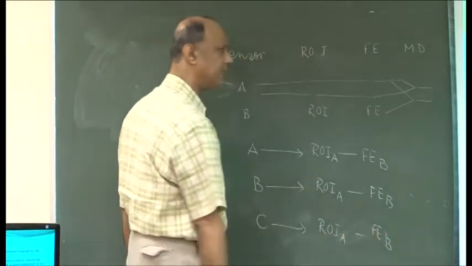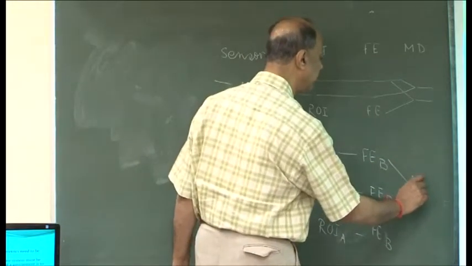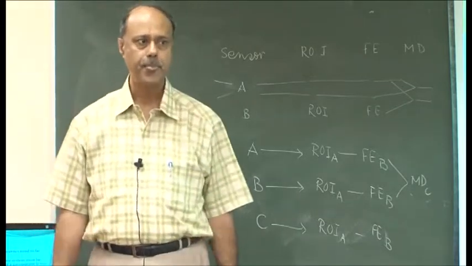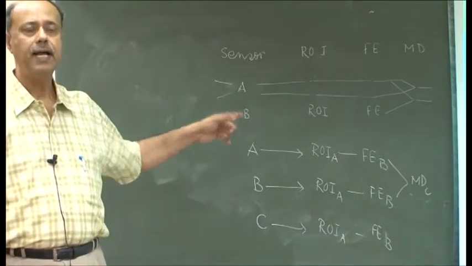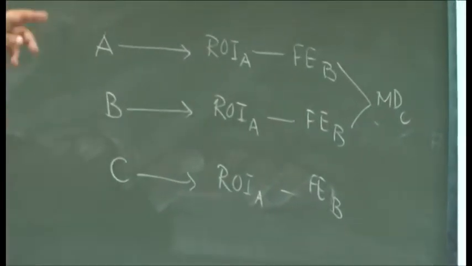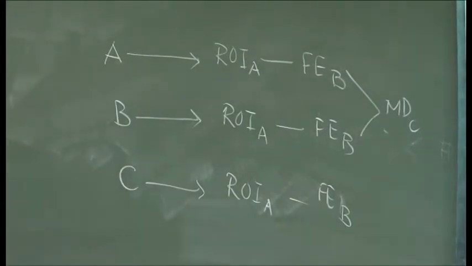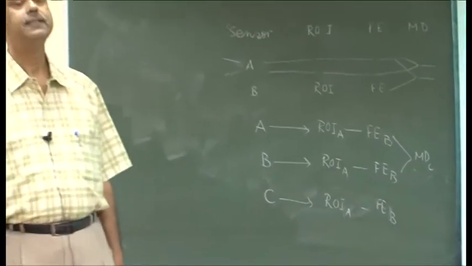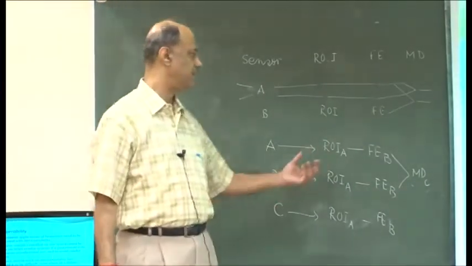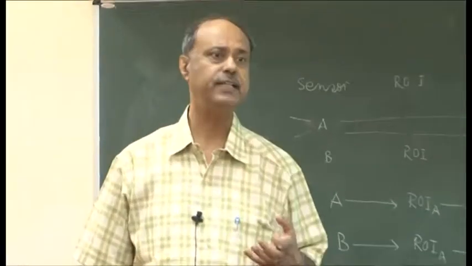So, features are extracted using algorithm B, but I will be using the matching algorithm of C. If I do it and get a similar matching score, then I will be able to say yes, all these 3 systems are interoperable. But this is not the case, because every vendor has certain hidden and proprietary things which he